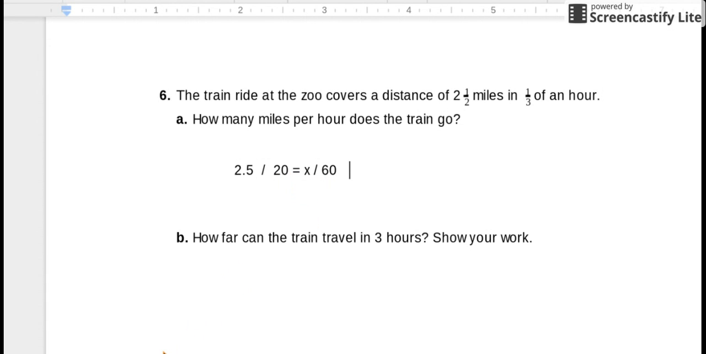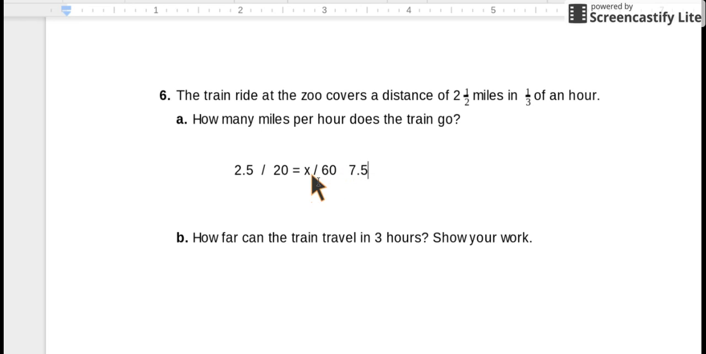So we want to multiply the partners and divide by the loaner. Our partners are 60 and 2 5/10. So we multiply those, 60 times 2.5, which is 150. And then 150 divided by our loaner, which is 20, gives us